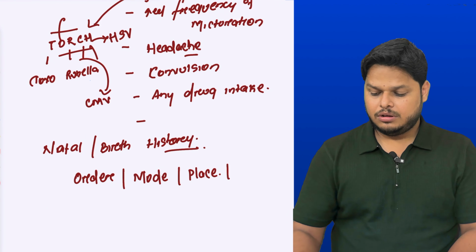Then what was the weight of the baby? Then did the baby cry immediately after birth? There is a disease called hypoxic ischemic encephalopathy, which is very common in our setup, in which the baby does not cry at birth. When the baby grows on, the baby might have convulsions in the neonatal or infant period. When the baby becomes older, there is a static picture, the brain development stops at a point. The other form of that is called cerebral palsy. So we have to rule out HIE while taking history in each and every baby, right?